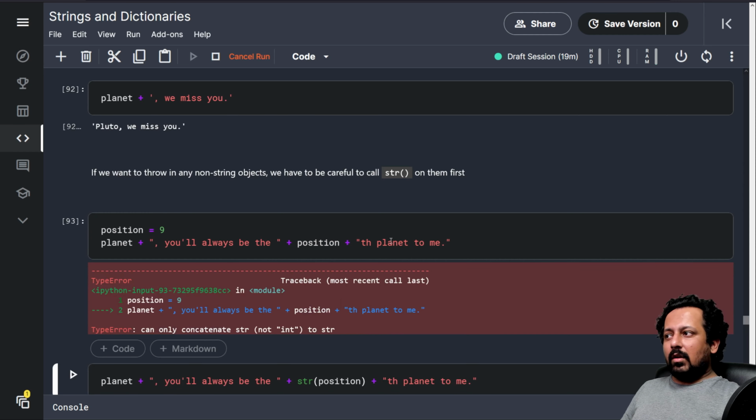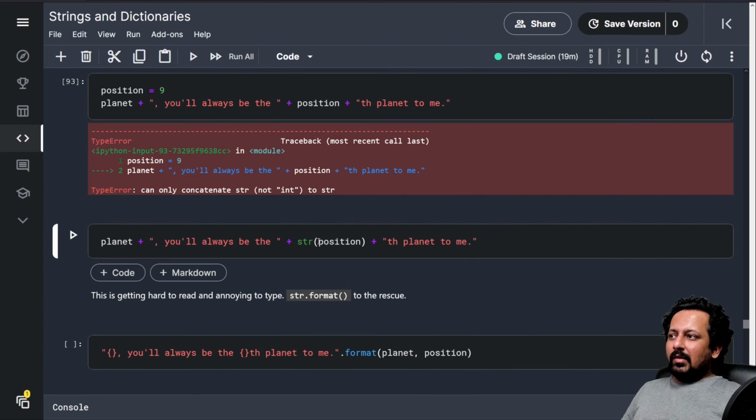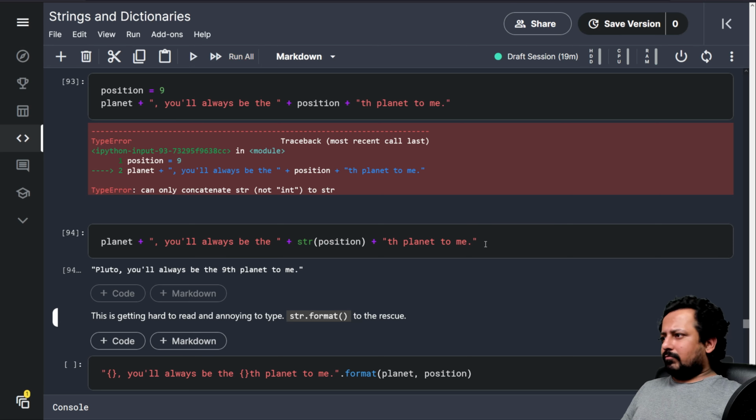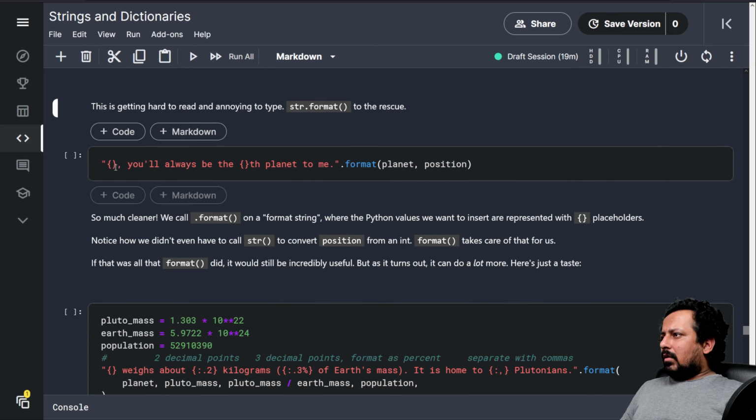This is going to throw an error. It won't be able to concatenate, since it can only concatenate a string to a string. But there's a very easy way to convert the int to a string, and that's to use the str function. So here we convert the integer to a string. Okay.